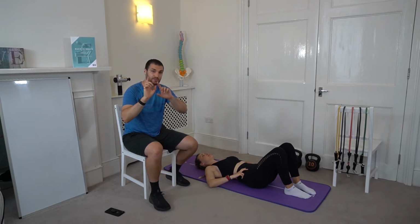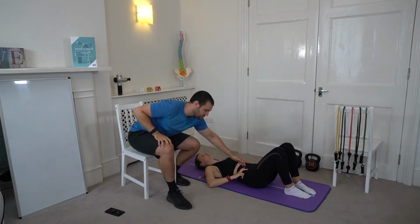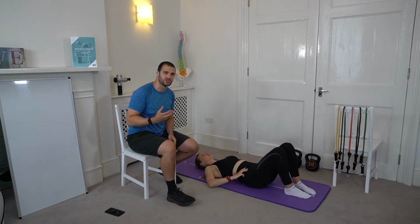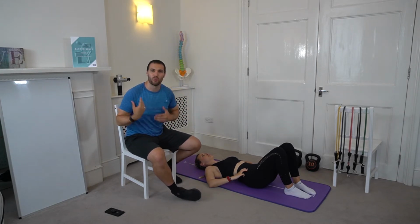You'll feel your spine shouldn't move. You'll feel that you get that extra little bit of contraction right through here. And that's what we're looking for you to feel. This exercise is there to teach you how you should be engaging your core and what that should feel like,